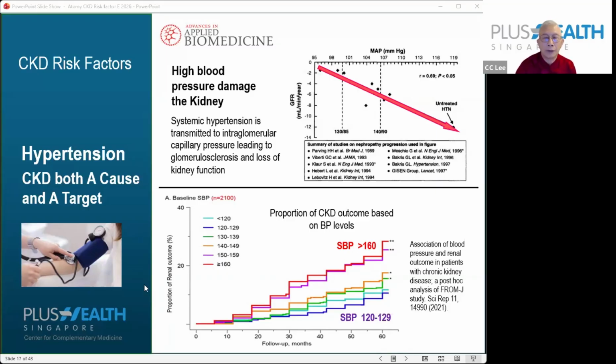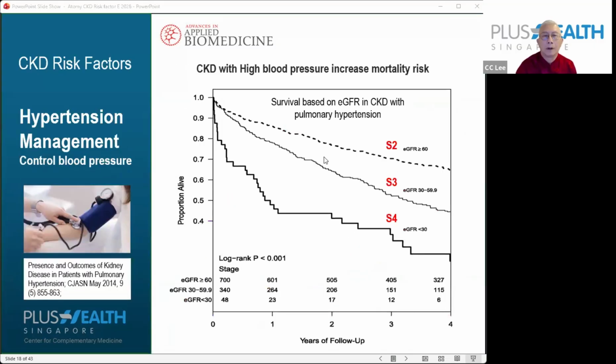You can see the proportion of renal outcome going up much higher compared with a person without hypertension. So CKD with high blood pressure also increases your mortality risk. You can see from this chart itself,